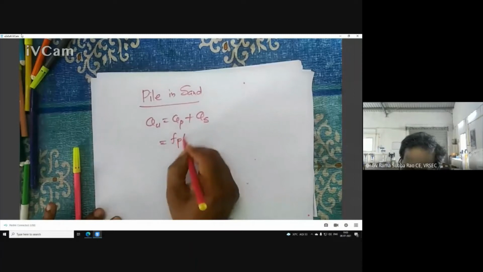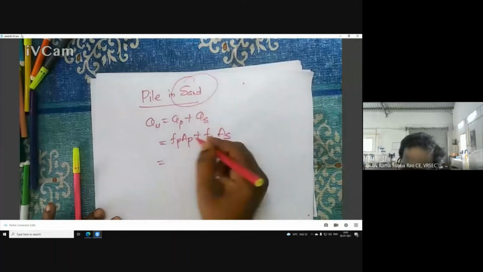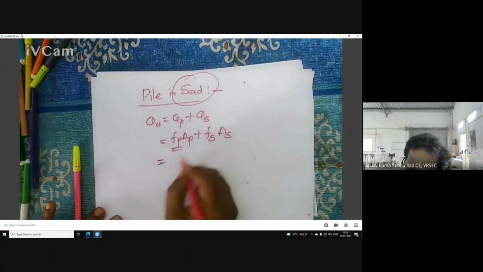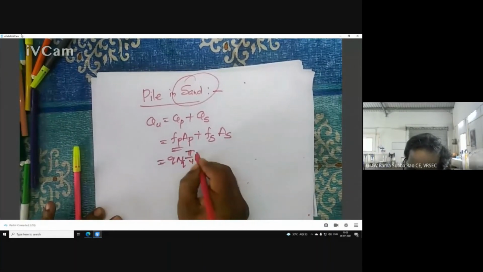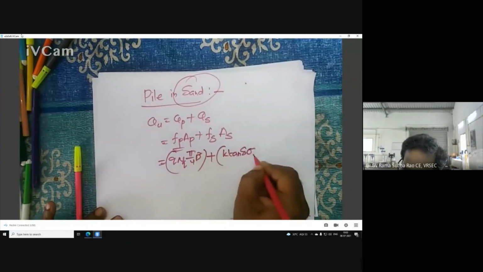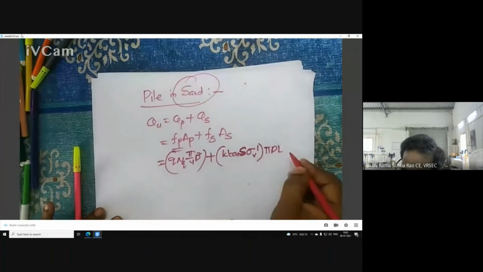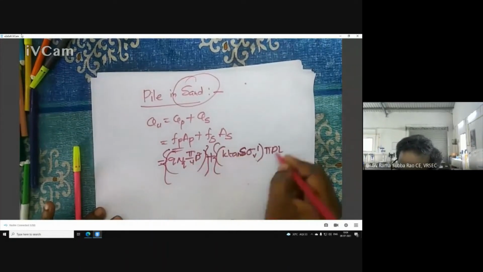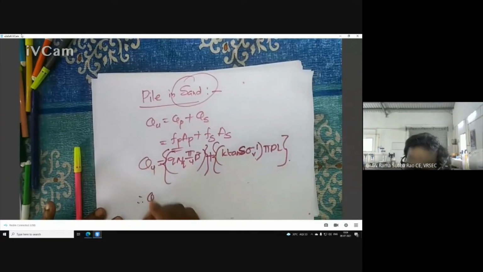So FPAP plus FSAS. Piling sand, I realized what I am speaking. So now before we start, I think FP, QNQ, AP, if it is a circular pile, I have pi by 4 d square, K tan delta, sigma V dash, FSAS pi d. So better I will avoid the confusion by showing brackets clearly. So now hope you got the answer. QU, how to calculate QS now? QU by